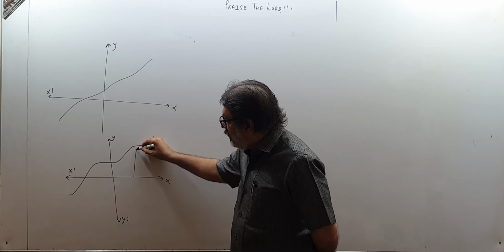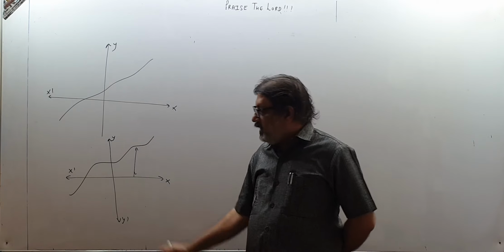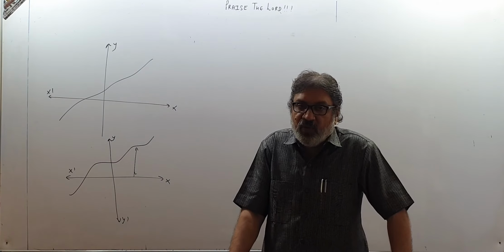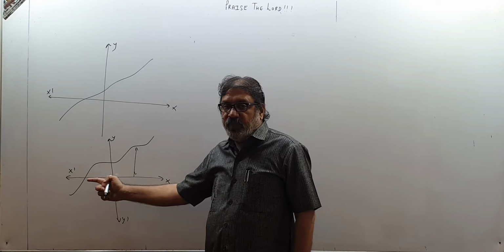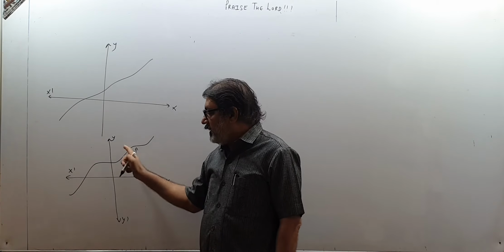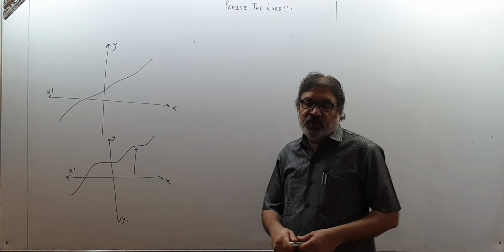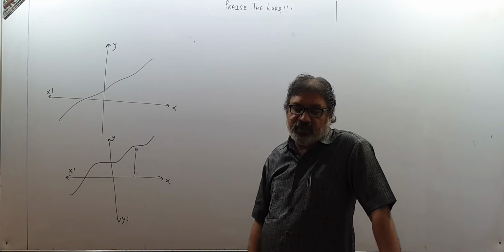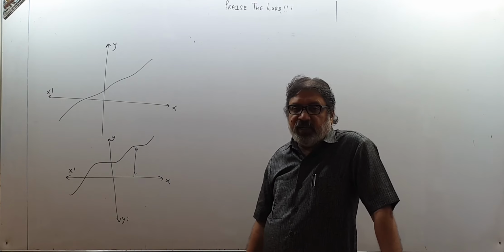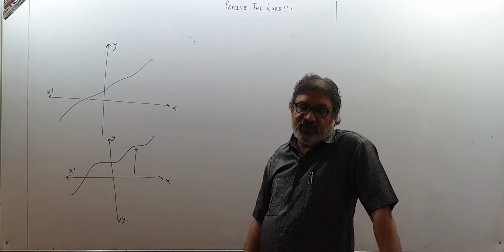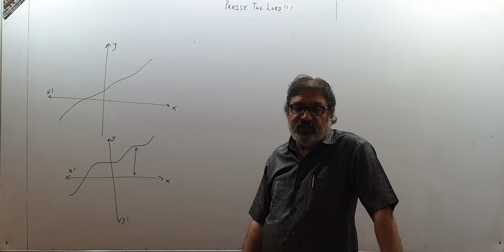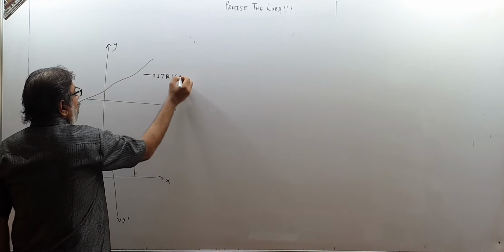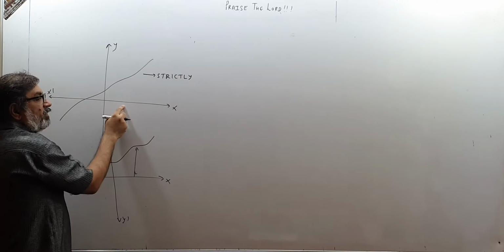This height will tell me the value of the function. Understand? The height of the function keeps on increasing, that means the value of the function is increasing. Or if I go from right to left, the value of x decreases and the height also keeps on decreasing. So if x and f(x), x means value of the variable, f(x) means value of the function, both move in the same direction, either both increase or both decrease, then we say it is a strictly increasing function. This is the graph of a strictly increasing function, which means as soon as x changes its value, f(x) will also change in its value.